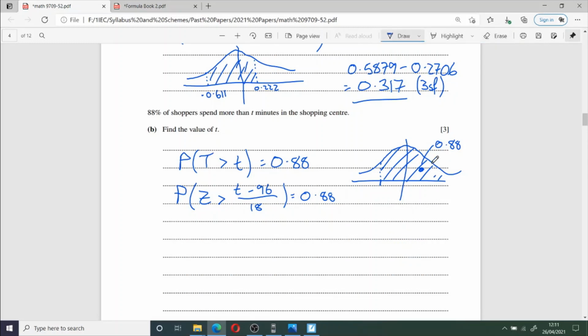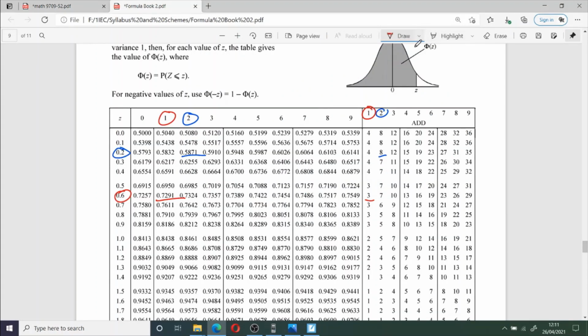So let's go ahead and do that and look up where the area is equal to 0.88. So this time I'm looking inside the table because I have the area this time. So 0.8, now we're close here, 0.8790. So ideally I'm looking to add on 10. There we go. So this one and this one gives me exactly 0.88. So we have 1.175.